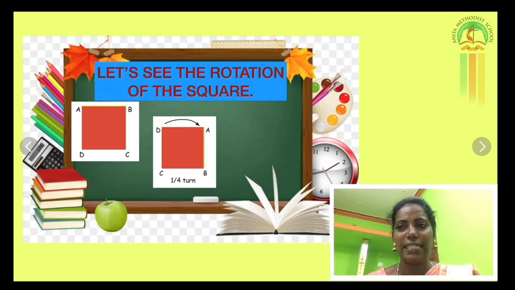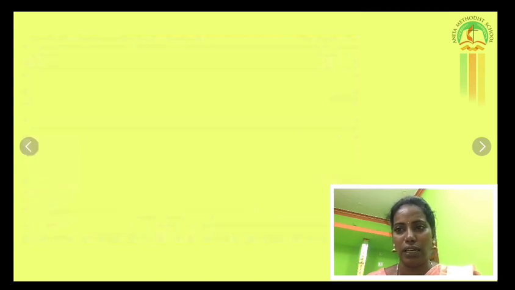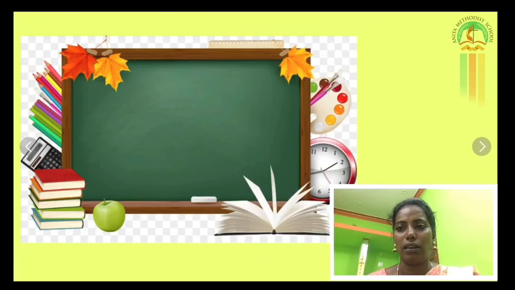When you rotate this again into half a turn, what will happen? It's just changing its direction. Look here. What will happen? See, DA on top comes to your right side. AB on down, CB on right side, CD on top. These directions must change in that square. Let's see the examples.